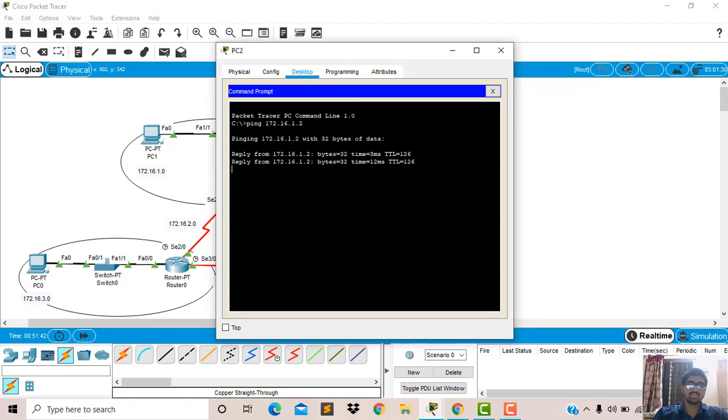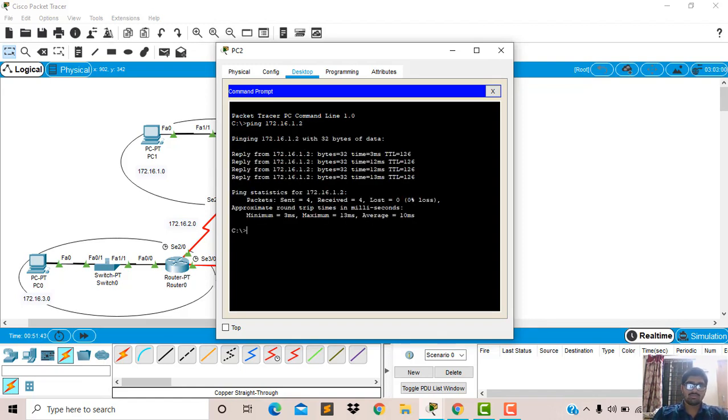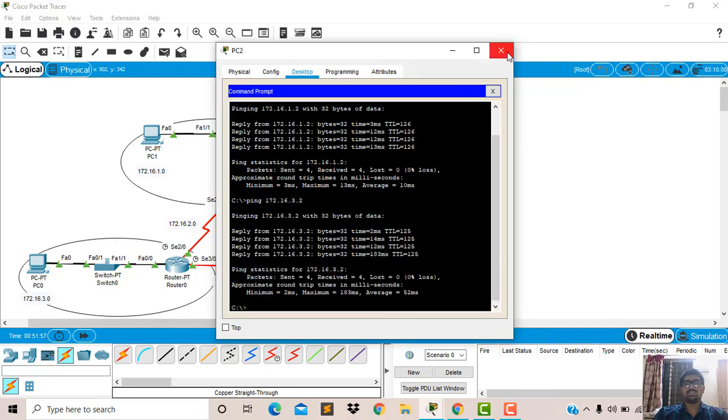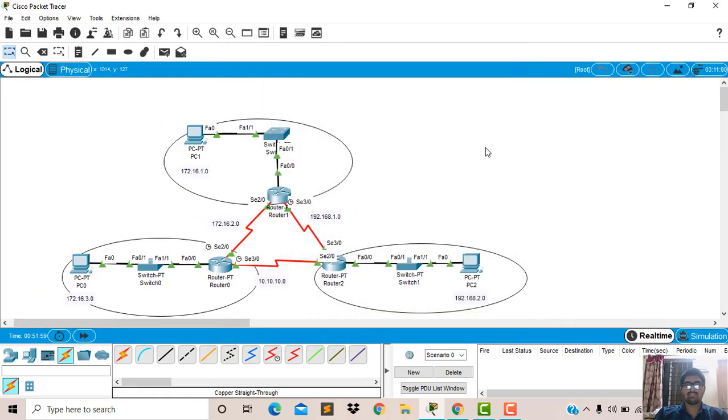You can see the reply is successfully coming from that LAN 2. Now we'll check whether information is coming from LAN 1 to LAN 3, 172.16.3.2. You can see that all LANs are successfully gathering and sending the information.